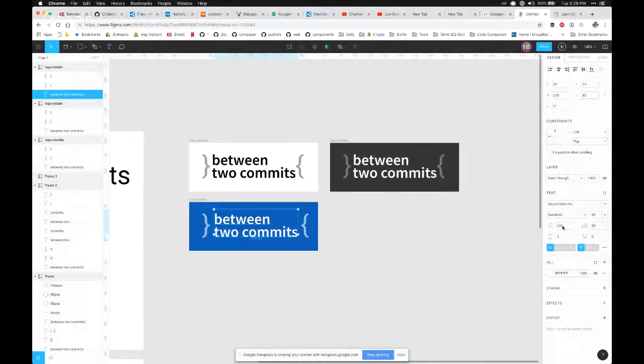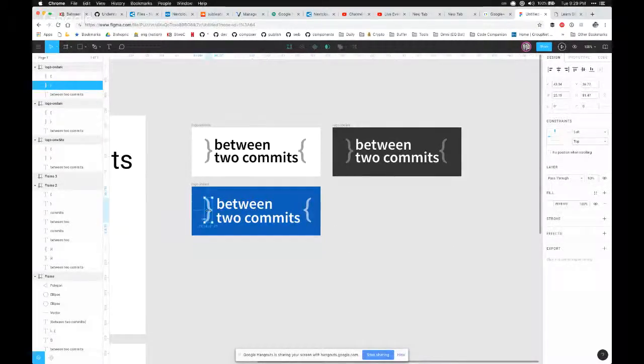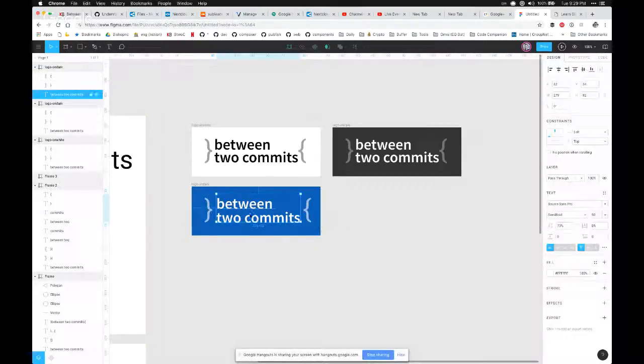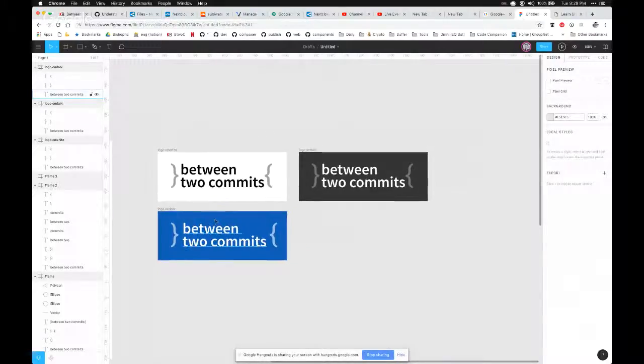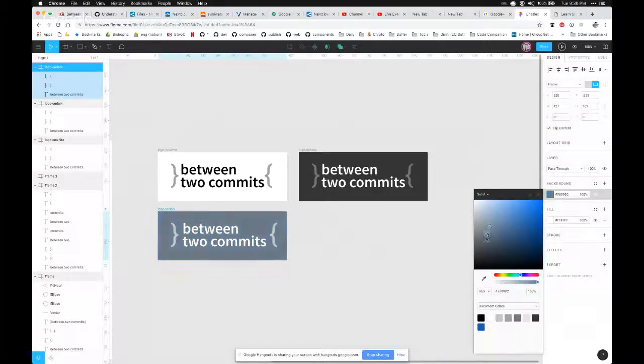What am I at in the line height? 66. Okay. Yeah, I think maybe I want to give it a little more room to breathe there. I can play with that after.